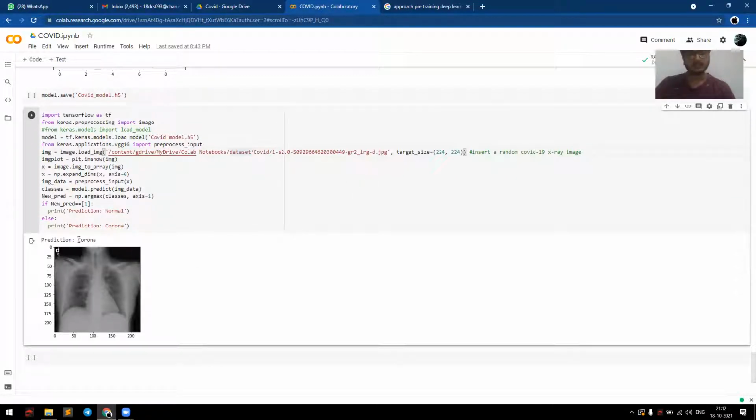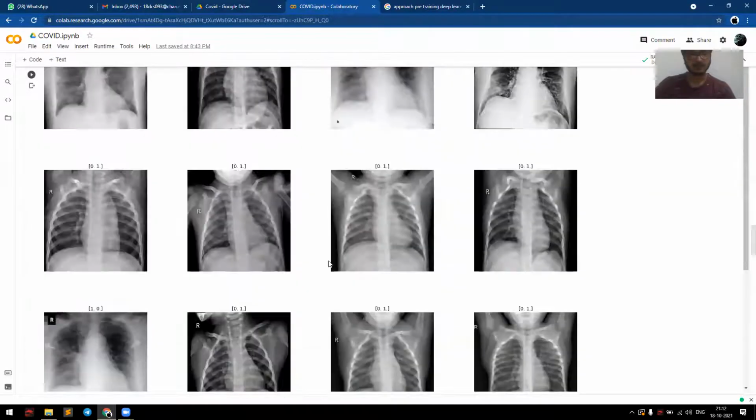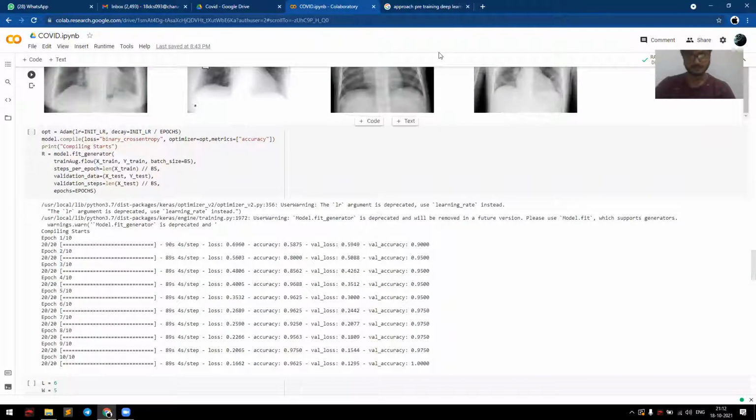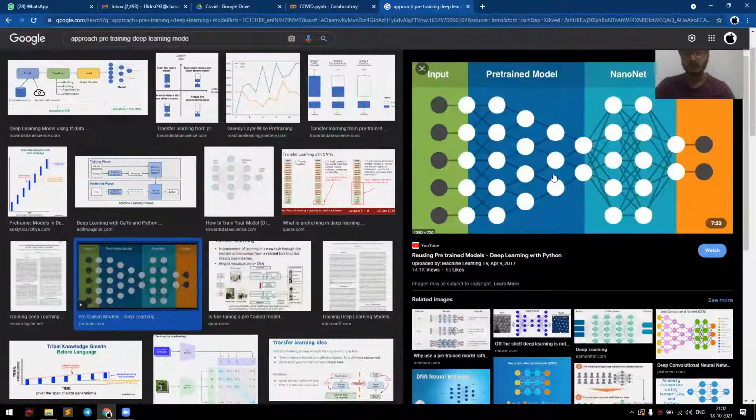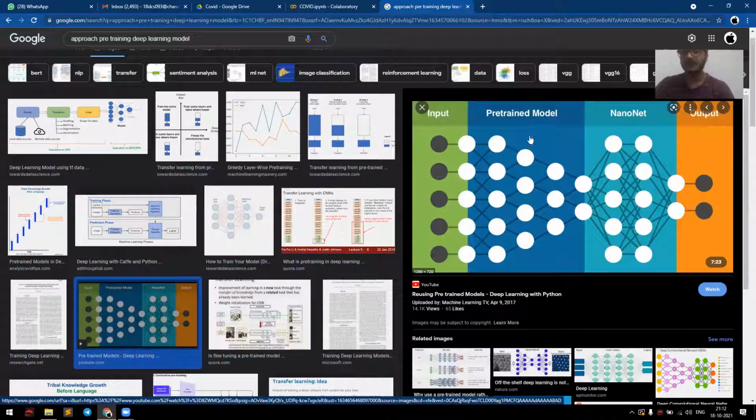I check the prediction, corona normal or corona. So I used image to array, because the computer can't check the images directly. And one more thing I want to explain about the images, that whenever we train the model, in the Adam optimizer we have to pre-process the input, and VGG16 is the model that takes the input first and then it will give the output.